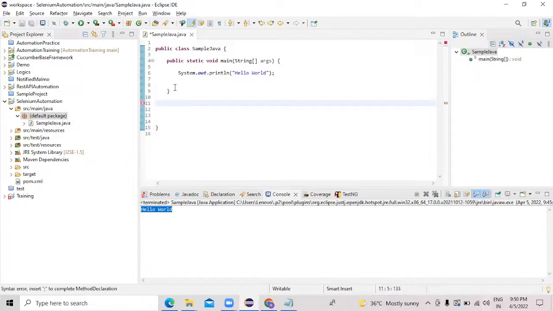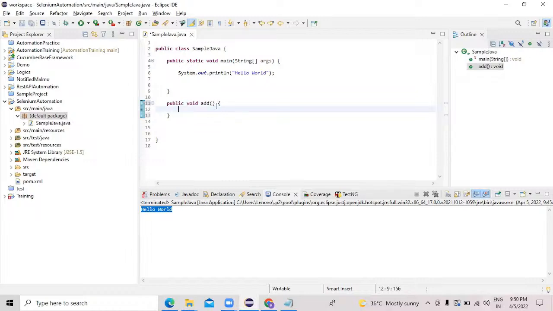Suppose I'm creating a method: public void add. What I'll do is int a equal to 2, int b equal to 3, int c equal to a plus b, and I'll print that: some value, and c. Whatever you give inside the double quotes is constant. It is just the name. Whatever you give inside the double quotes, it will print as it is. But when you say c, it means it will expect